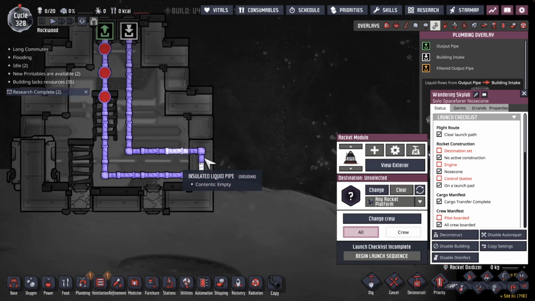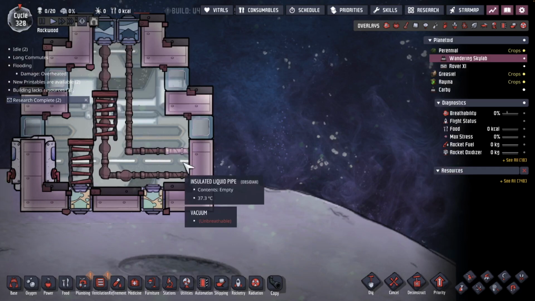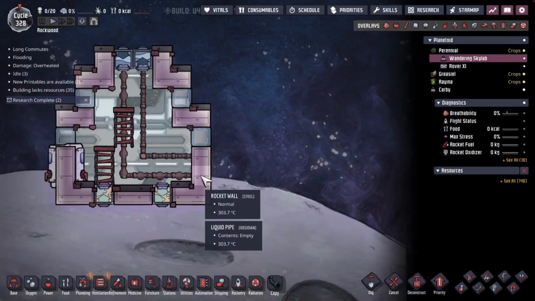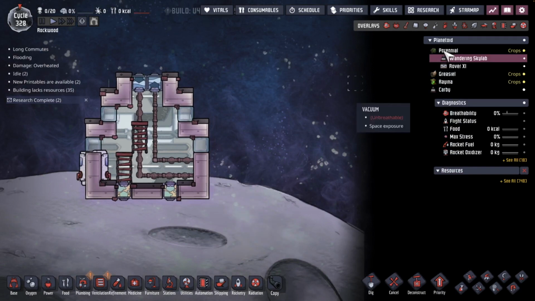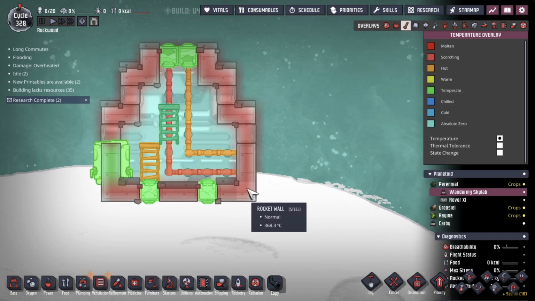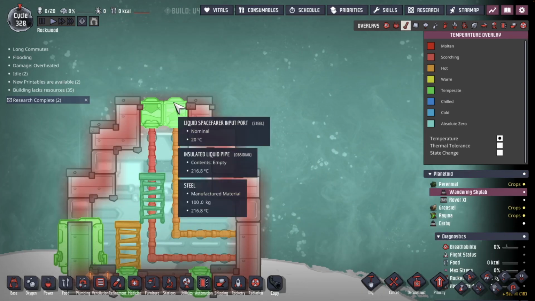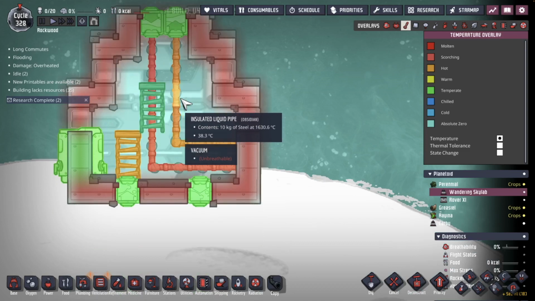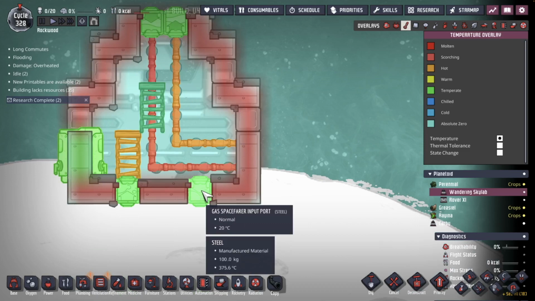Oh, there's a little bit more in the way. That might just actually be the fact that I don't have enough. What has it done to the wall? 300 degrees. And rising. And, okay. This is weird. 21 degrees. 20. Okay,